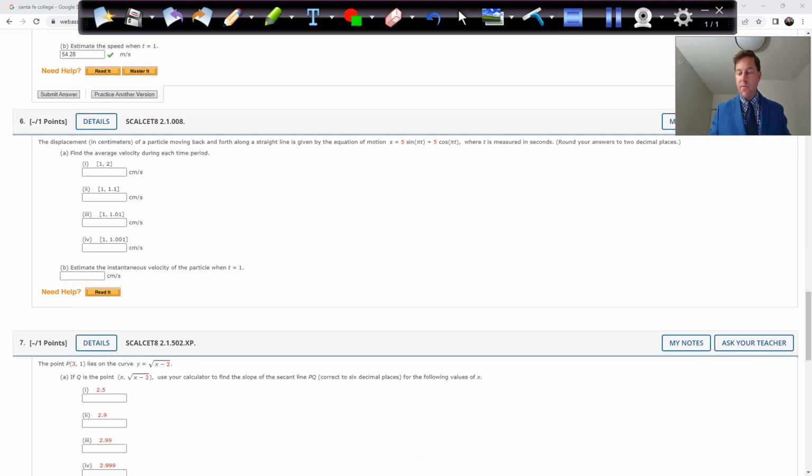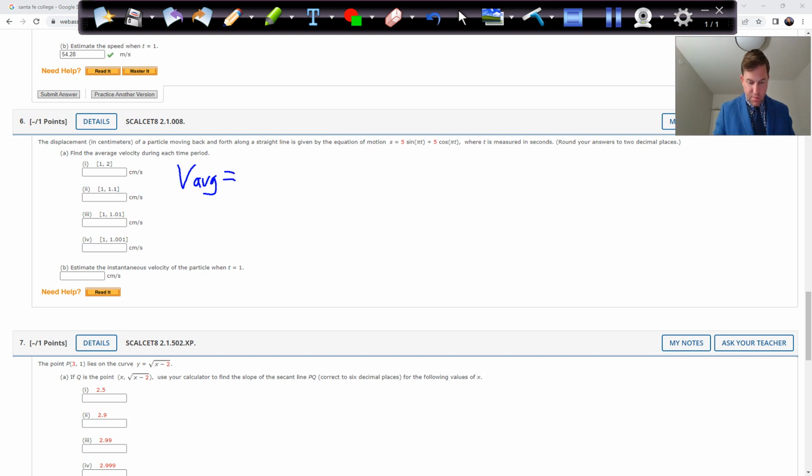We just have a different equation, but even our time intervals are the same. So let's give this one a look. It says the displacement in centimeters of a particle moving back and forth along a straight line is given by the equation of motion s equals 5 times the sine of pi t plus 5 cosine pi t, where t is measured in seconds. Round your answer to 2 decimal places. Find the average velocity during each time period. So v average,